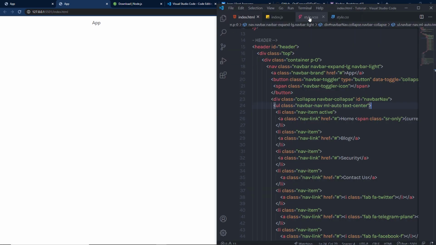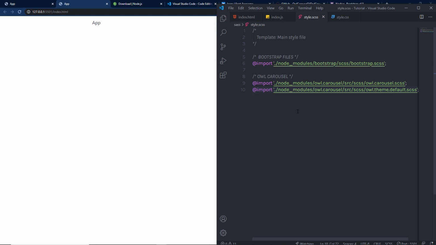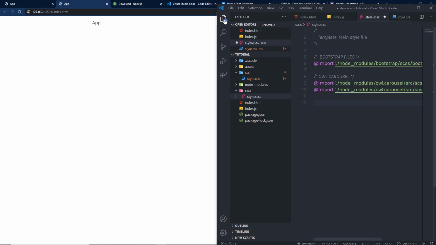So I'm going to go back to my style.css, and here I'm going to create a new file for the header section of this website. So instead of adding all the code inside this style.css, I'm going to move all the code into a separate file. So it will be easy to manage all the styles of your website. I'm going to create a new partial file for the header section. So I'm going to open the Explorer, and